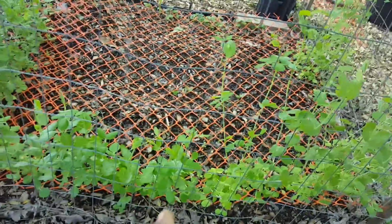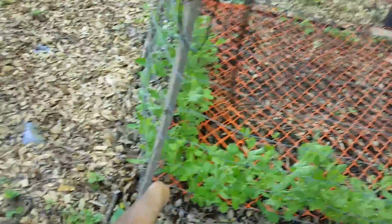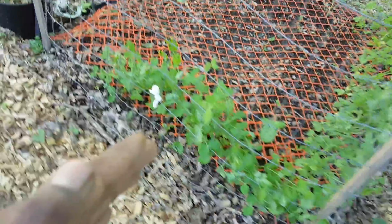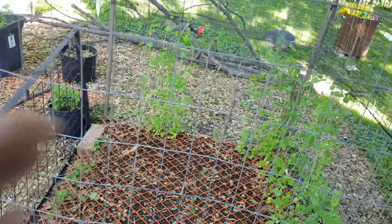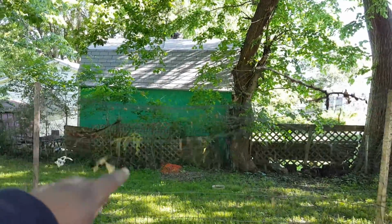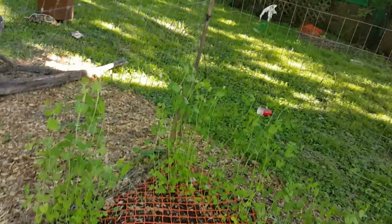And down here, these are organ pods, I do believe. So all the way around here, I guess these guys are slower, just a tad bit slow in growing compared to the sugar snap peas. But let's go ahead and climb inside. Got a little net on top so the squirrels can not jump on top. I mean, they can climb through here anyway, but